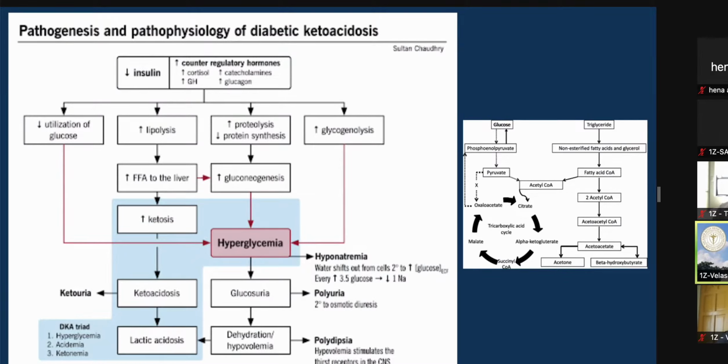Okay, so here's just an overview of diabetic ketoacidosis. I included two pictures here just to remind you of what's going on. As I mentioned before, it happens in the situation of low insulin, as you can see at the top of the picture. And this could be exacerbated by stress or trauma. What happens is that in DKA, you have low levels of glucose utilization. Eventually this leads to more breakdown of fatty acids via lipolysis. So you'll have an increase of lipolysis, and eventually this will lead to the development of ketone bodies, as I mentioned. And some of these ketone bodies are acidic,